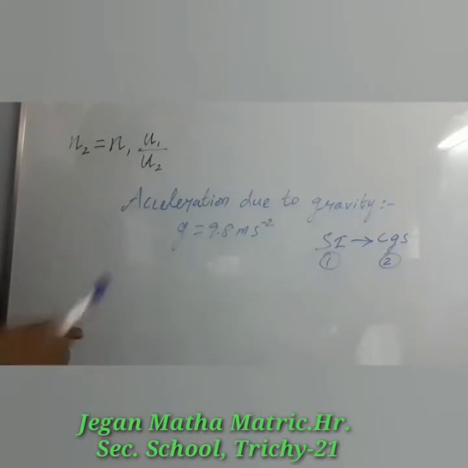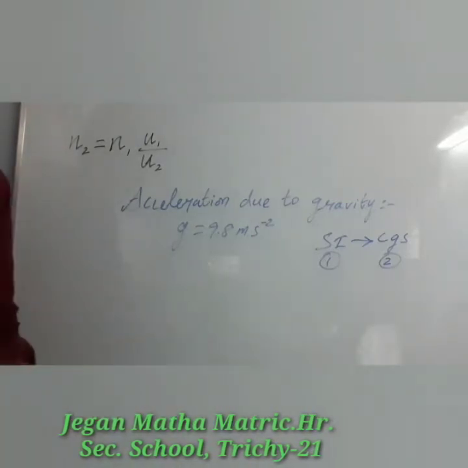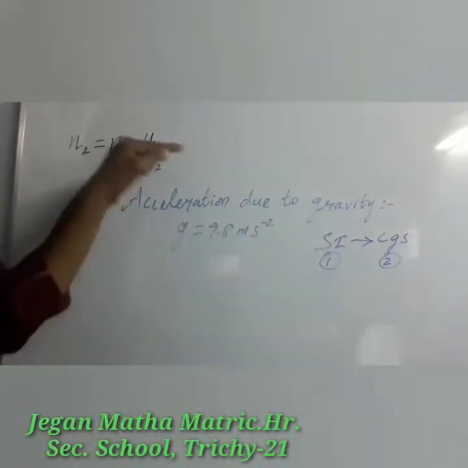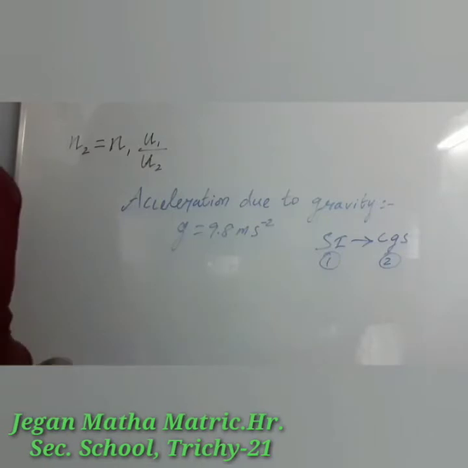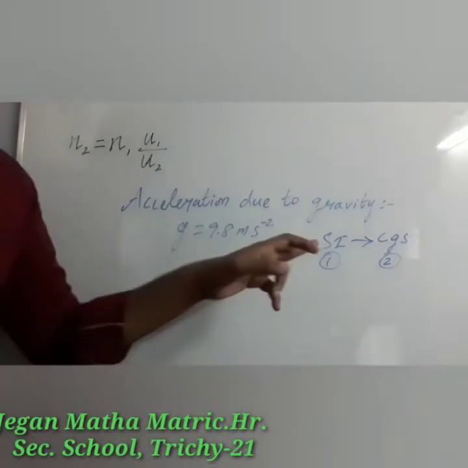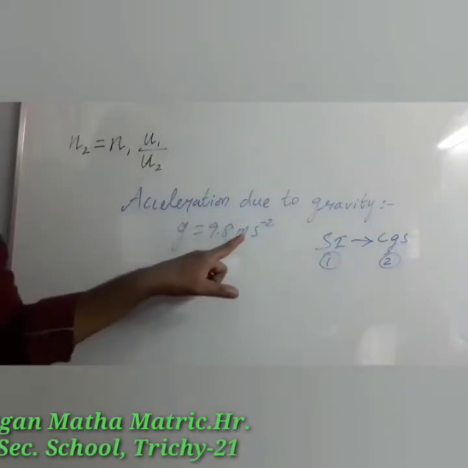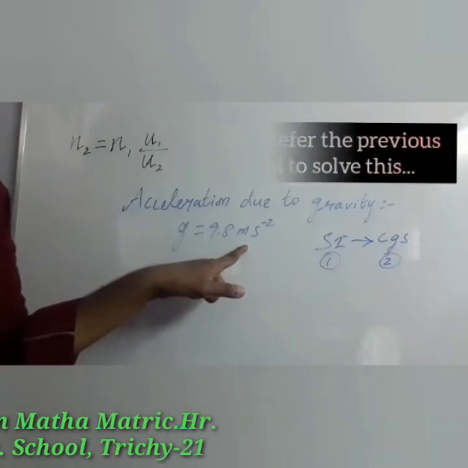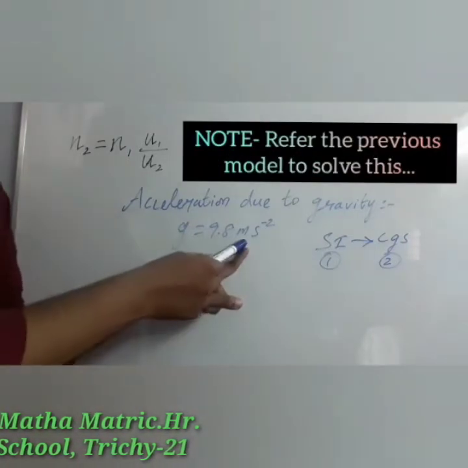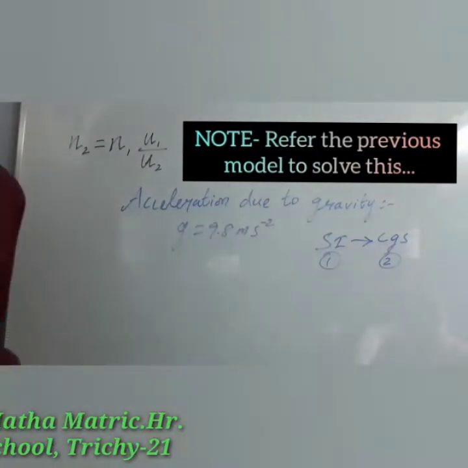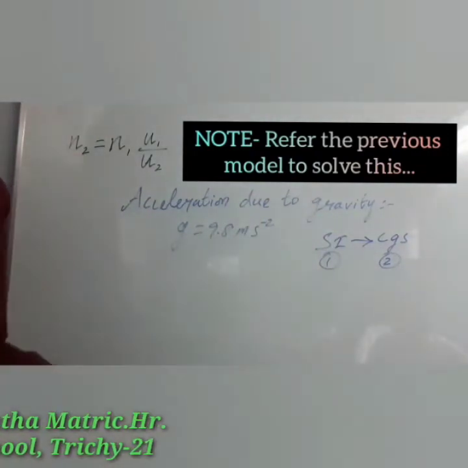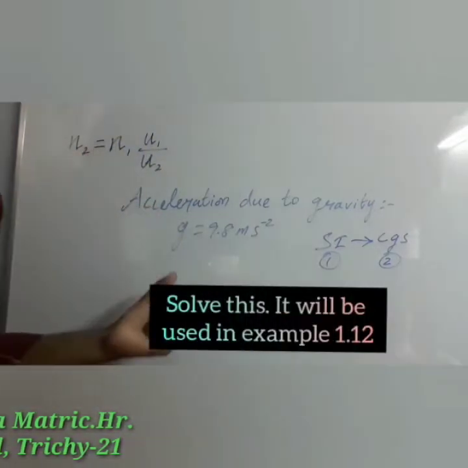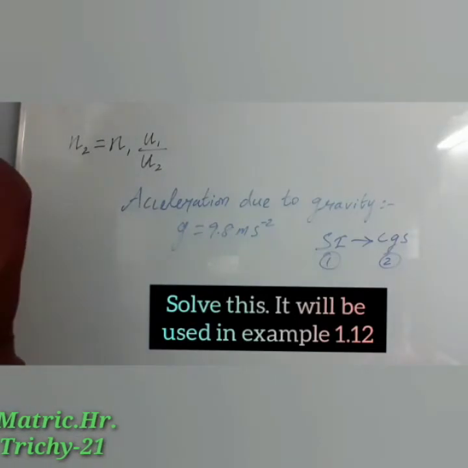But U1 is the unit used in the first system of unit. So that is nothing but meter per second square, divided by U2, which is the unit of acceleration due to gravity in the second system of unit. So how can we write? Here meter. In the SI unit it is meter. In the CGS system you are going to convert. So what is the unit used for the length? Centimeter. So here you have to write centimeter per second square. Fortunately, in both units the unit for time is second only. So the same thing can be used. So apply that, and you can find the numerical value of acceleration due to gravity in the CGS system.